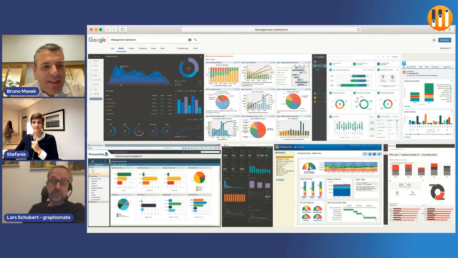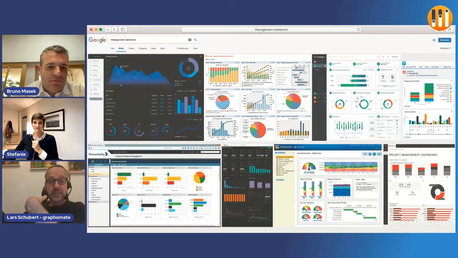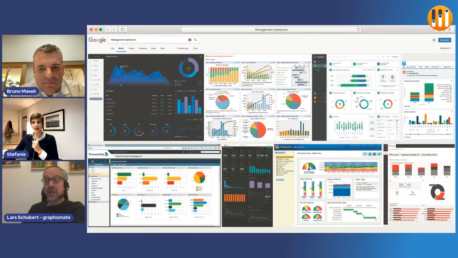I agree. This is the most complicated part of building dashboards. To visualize the data, we make it quite easy, but how to bring the data together, how the structure is on the dashboard, what context is shown at the same time, is the most fascinating task and probably the hardest. Yeah, so why not use something simple that can be adopted easily and improve the quality of those reports?